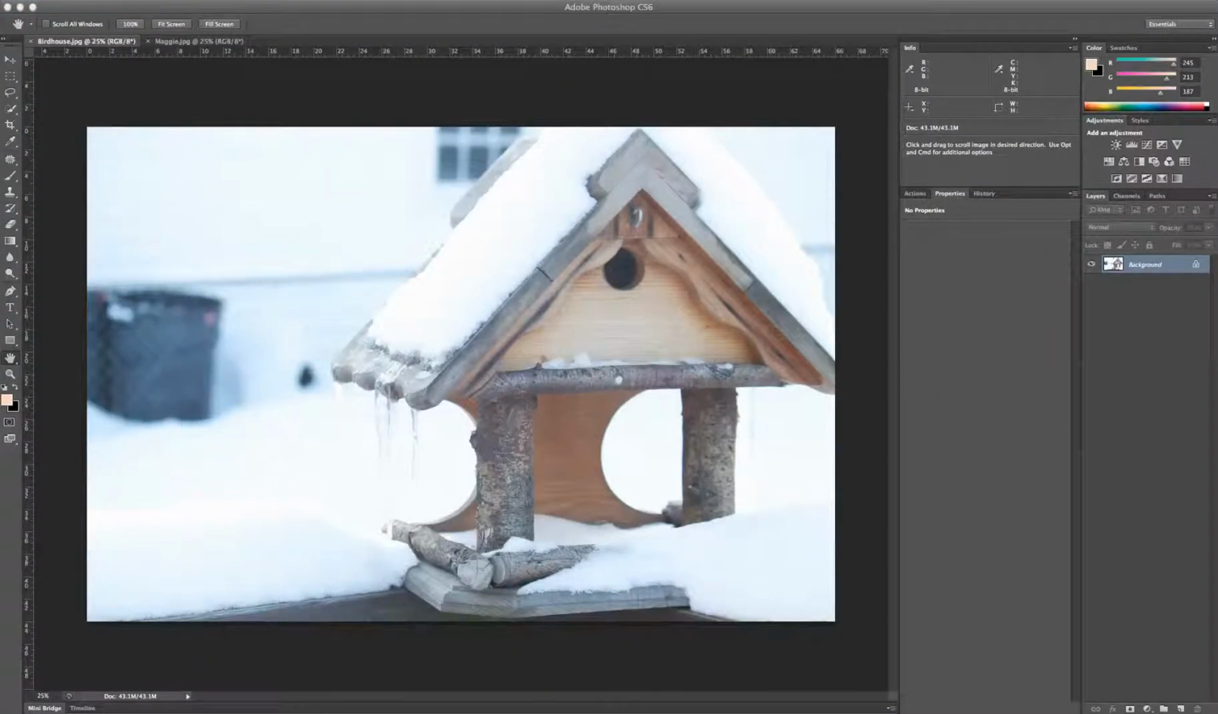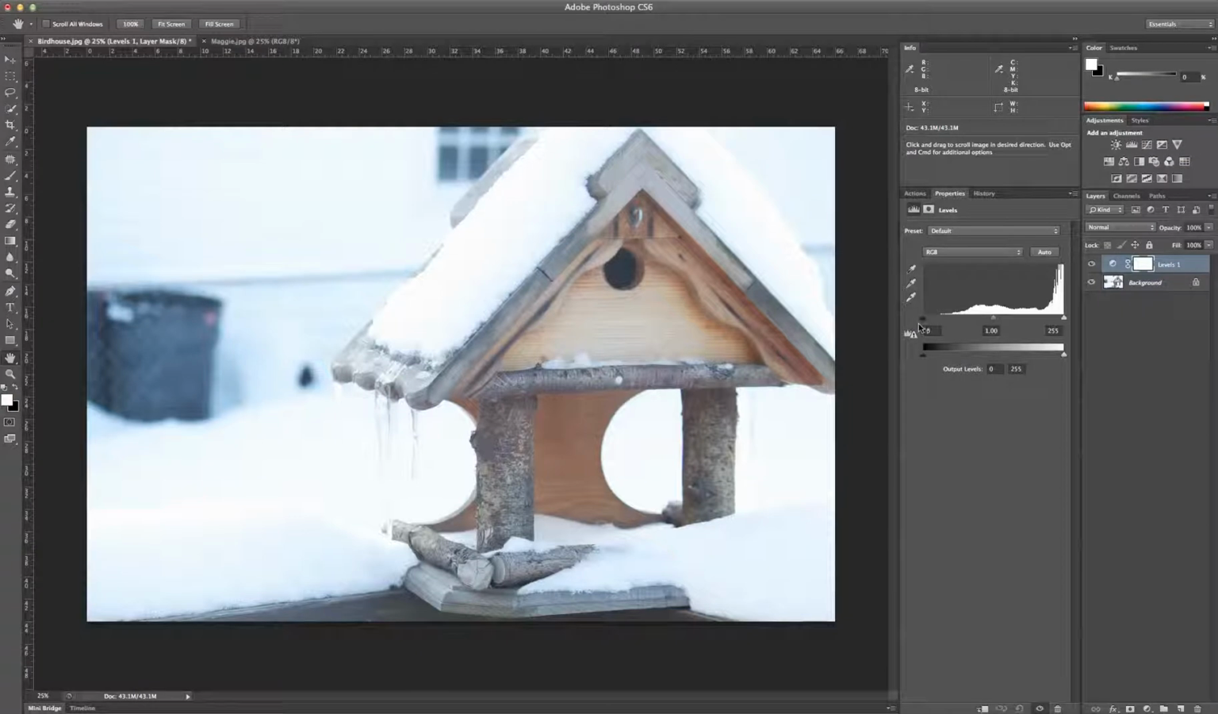So last but not least, we have Angela's work, and we've got a birdhouse here that is in focus in the foreground, and the background is out of focus. The thing that I really love about this image is these little icicles, drops of water that froze. And the one thing, again, I think we can do is maybe in Photoshop do a little bit